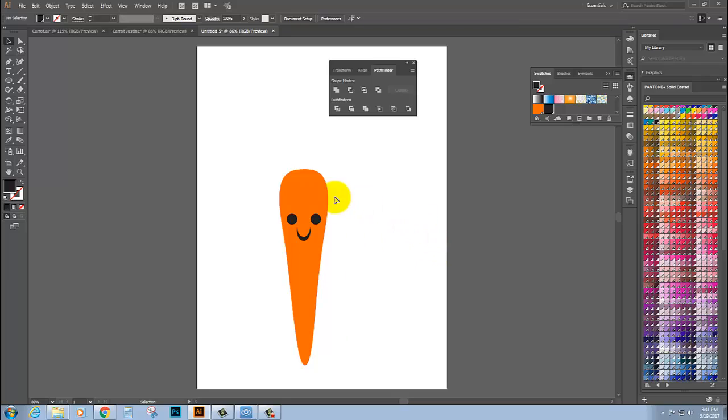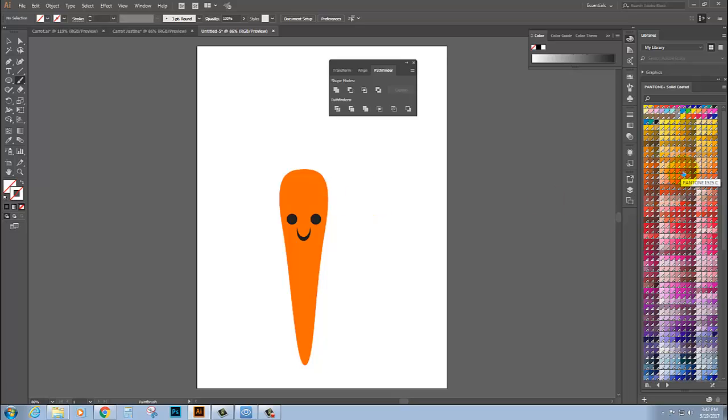Alright, now I'm going to draw some lines across it just to give it a little bit of character. So let's go ahead and choose the brush tool, and I'm going to have the fill set to none and bring the stroke forward by clicking on it. And you could do either lighter lines or darker lines. I think I'm going to try darker lines and see what that looks like. So I'll choose this color here first,